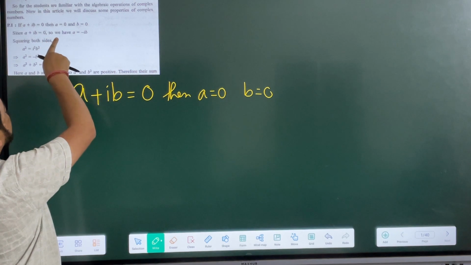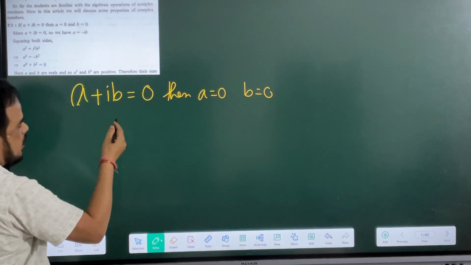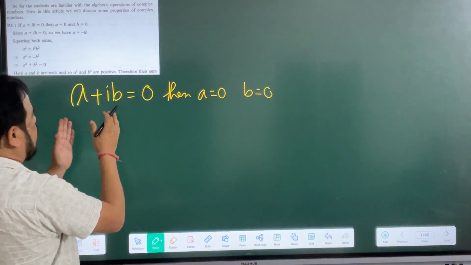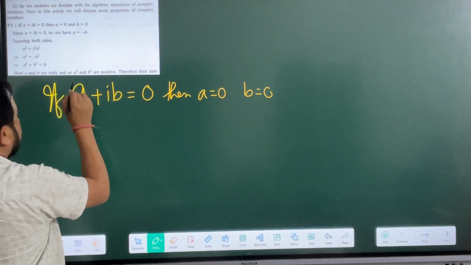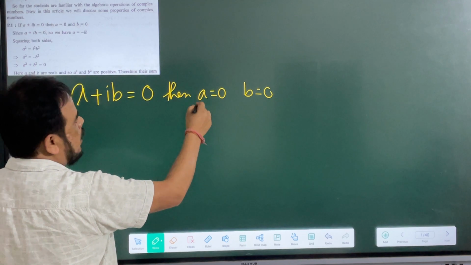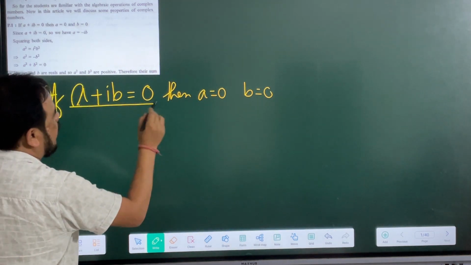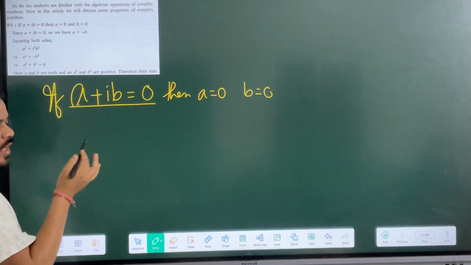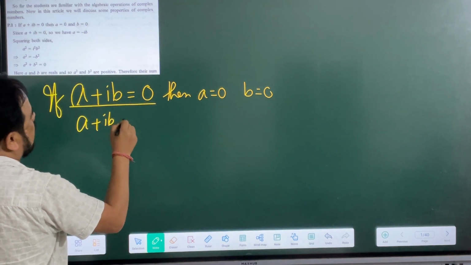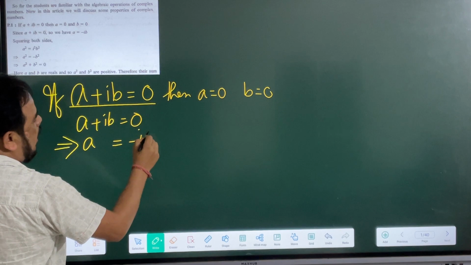Since a plus ib equals 0, we have a equals minus ib. So this is just an example that I have shown just now. Now in the exam, if it comes that if a plus ib equals 0, then show that a equals 0, b equals 0, then we have to start the sum from here. If it comes in the exam to prove, how do you do it? a plus ib equals 0, a equals minus ib,